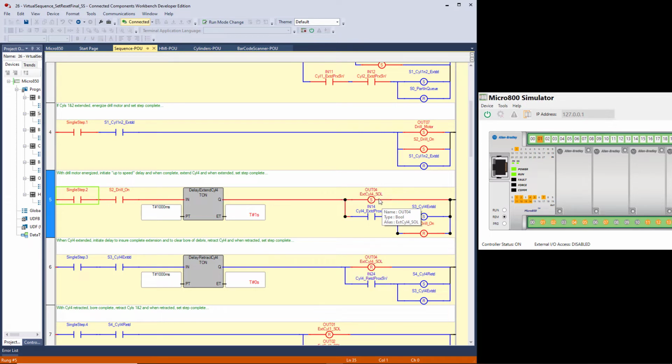Okay, you see, it's energized, then after delay, extended proc switch. Now we're declaring that S3 is complete, cylinder 4 extended. And notice that we turn off step 2, which was back here. So you see that when we complete one step and we set it as completed, we are resetting the previous